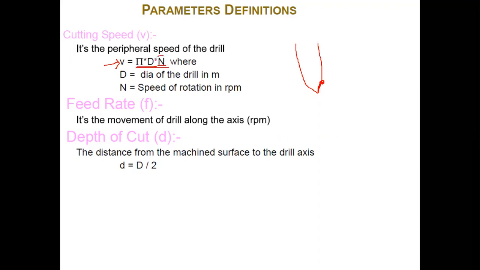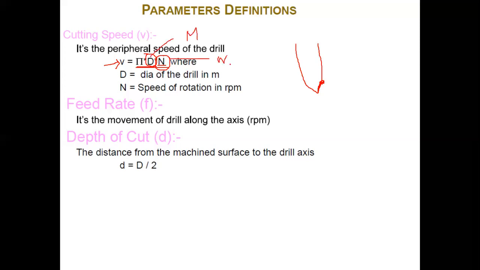If n is given in revolutions per minute, then you calculate per minute, and if the diameter is in meters, then your velocity comes in meters per minute. So this is in meters and this is per minute, then your velocity is in meters per minute. If, for example, you calculate the diameter in mm, then your speed comes in mm per minute. And if you substitute n in seconds, then your speed comes in mm per second. So normally the standard procedure is, this is in meters, right? And this is in seconds.